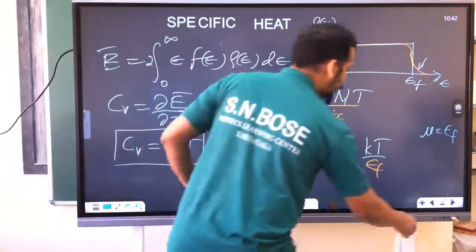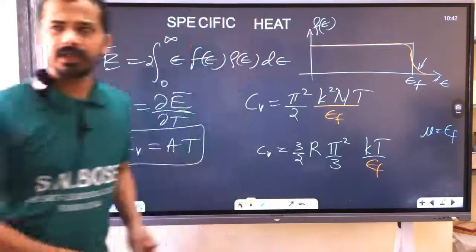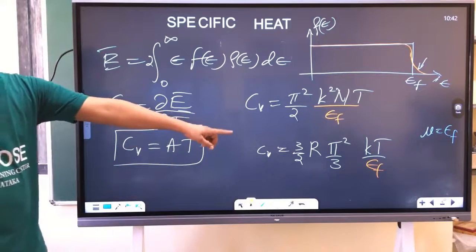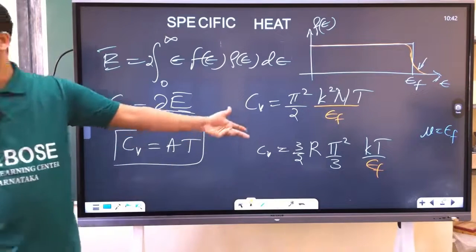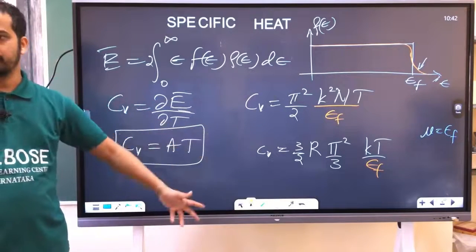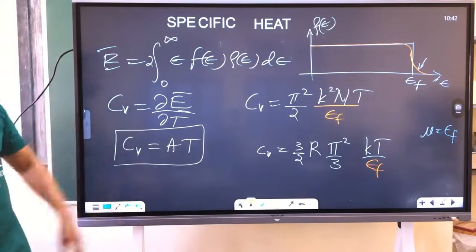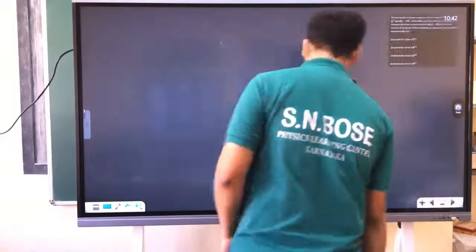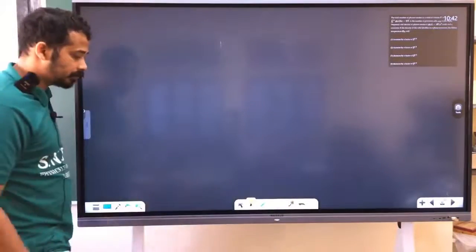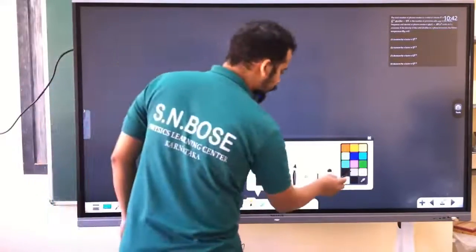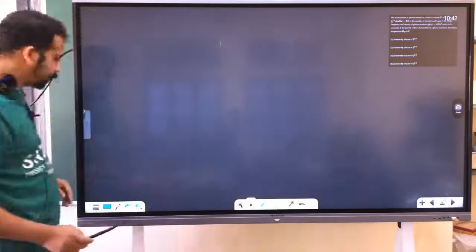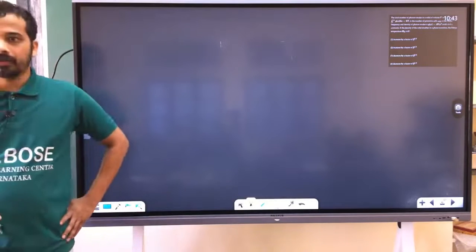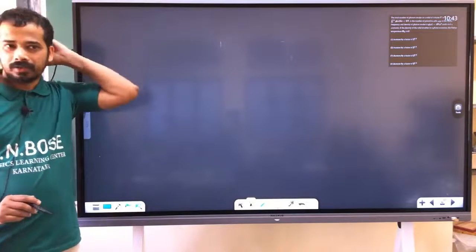Now this is in case of electronic specific heat. Okay, nothing much is asked. Either this relation, or if density is changed, how electronic specific heat will change, like that. That kind of question we shall handle. But in case of this Debye theory, go through the video. There are many very well designed questions on those things. Right now I don't have time. I'll go to problems. In Debye theory,